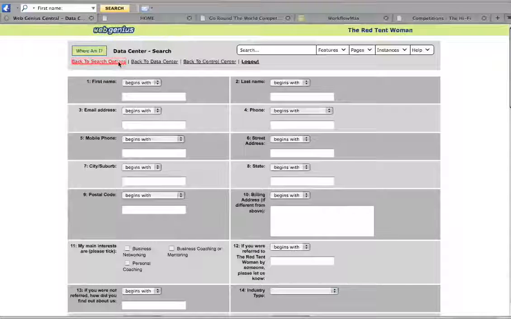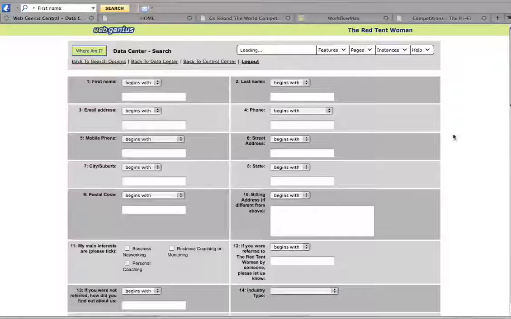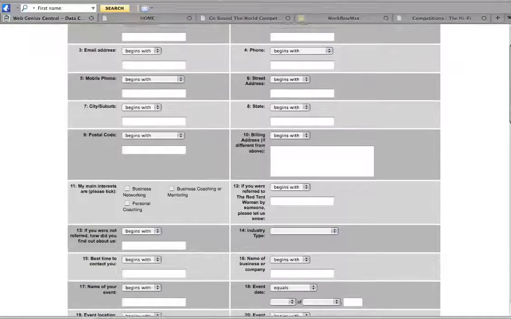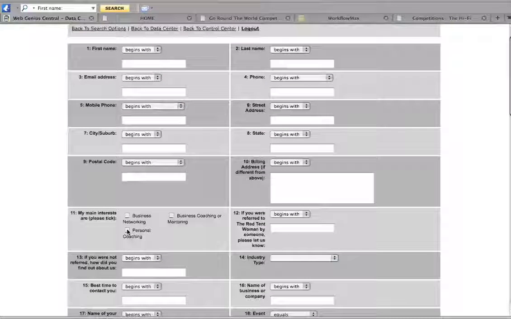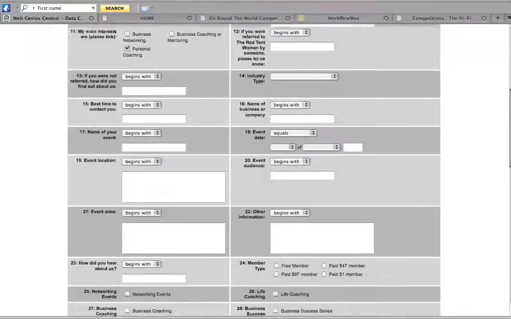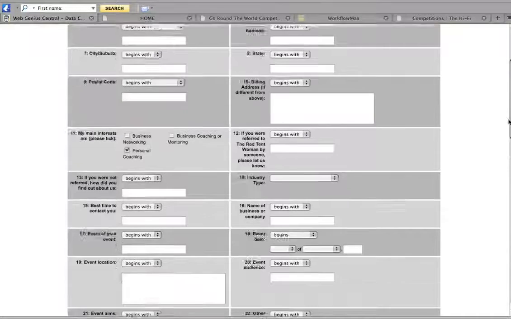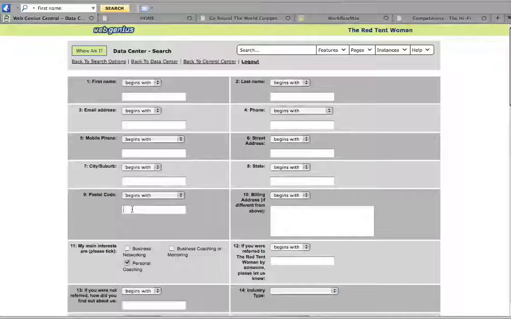And then the last option there is to set up a selection criteria. As you can see, there are several already set up. This is how we create subsets of our database, by searching on field attributes, such as, for example, anyone who's interested in personal coaching who perhaps is in a certain area. So we can do searches on address fields, such as postal codes here. And then by searching on those, we then,